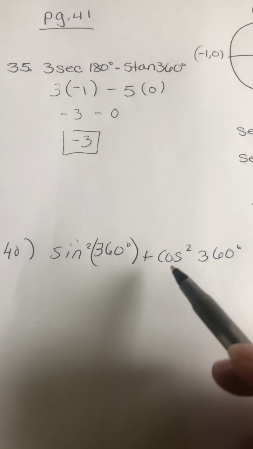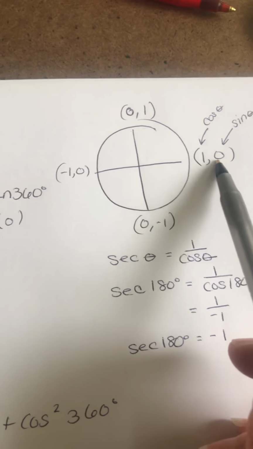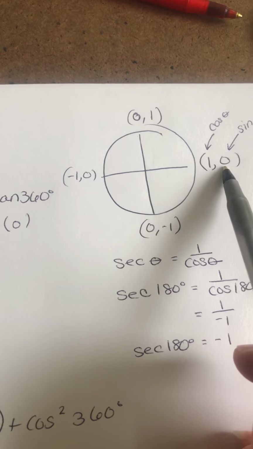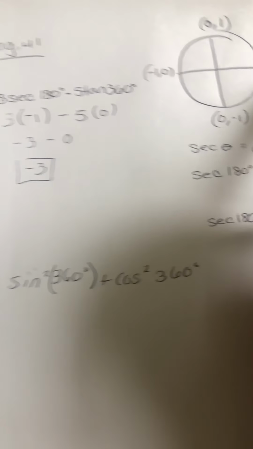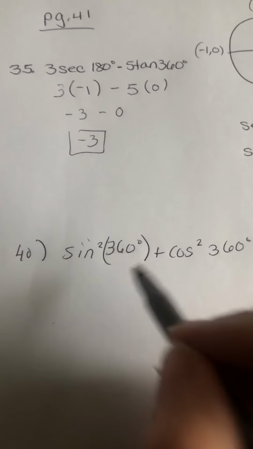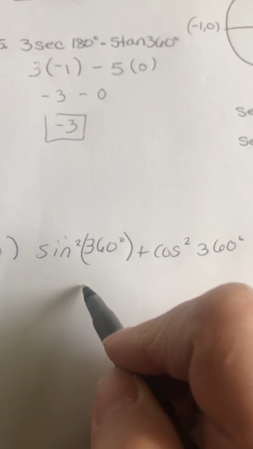So again, we're thinking about where these points are on our unit circle, and we see that we have the ordered pair 1, 0 for the cosine, sine of theta. So if the sine of 360 is 0,